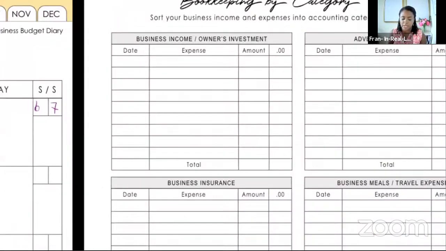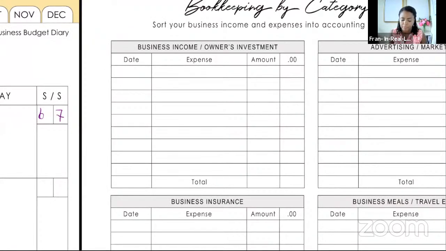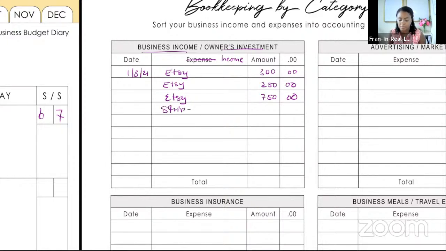Next, you do the bookkeeping by category. So for business income, there are a lot of lines here, because sometimes, say you're getting paid by Etsy, this is the income in the owner's investment. So it's not really expensive. It should be income. I'll probably have to change that. But say it's 1/3/21. It's like Etsy, and Etsy pays you every Friday, and the amount can be whatever it is. And then say you have your Stripe account,